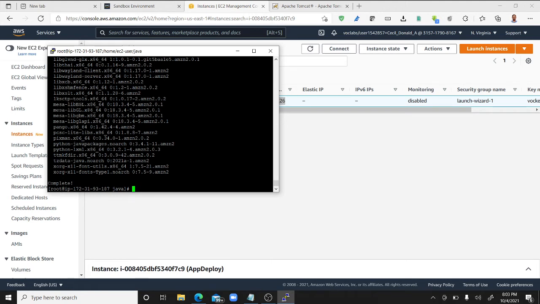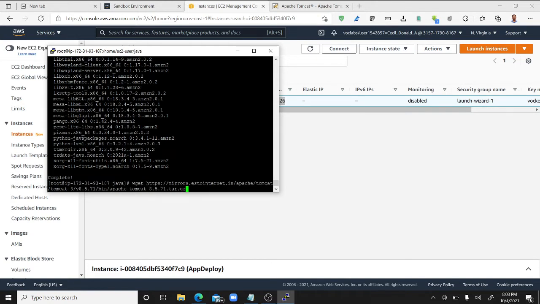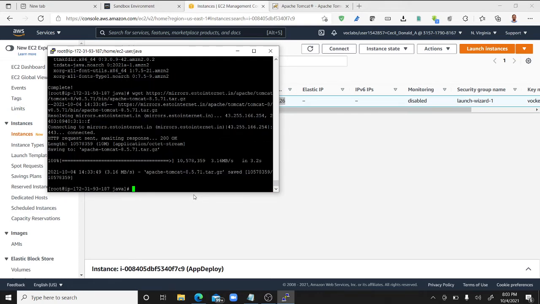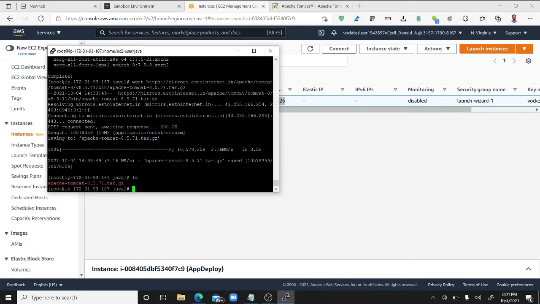Okay. So the next step is wget space and paste the URL link. By right clicking, automatically it will paste the link. Yes. Now it is downloaded and it is now stored in the server. Now, if you want to see whether the file is there, you can just put the ls command. This will list the files. Can you see something in red color? Red color denotes it's a compressed file. If it is in blue color, it is a folder. So with the color, you can identify it.